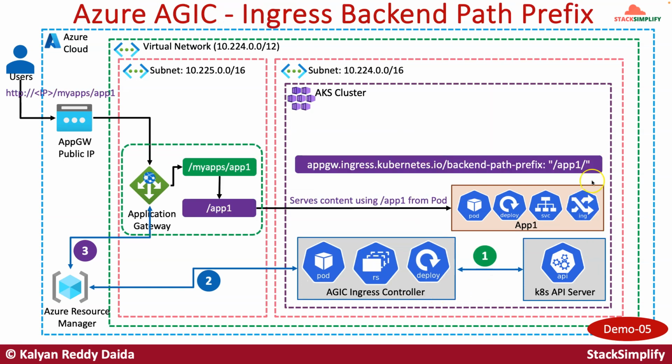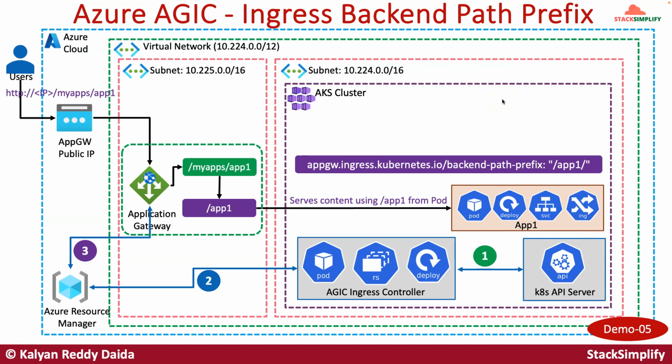From there, we'll move on and implement Ingress backend path prefix. This is another important demo wherein from the internet you are coming with one URI, and in the backend your application is hosted on a different URI. How the backend path prefix rewrite happens, all that logic is defined in application gateway. You are going to define that in your Ingress service declaratively, and after declaring and deploying it, all these things will be taken care of automatically. How we are going to define it declaratively, we are going to discuss in detail and implement it